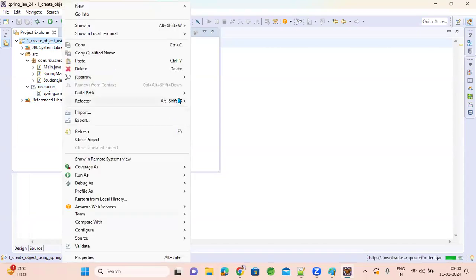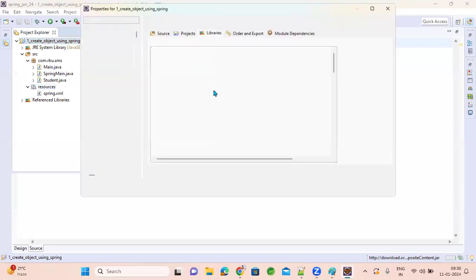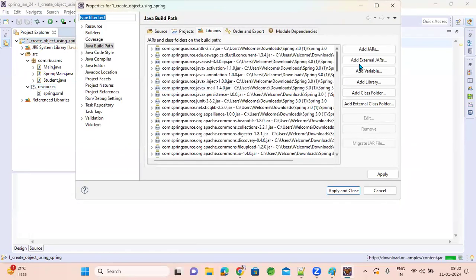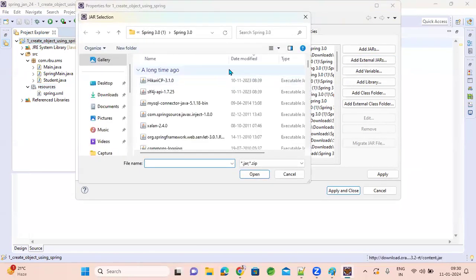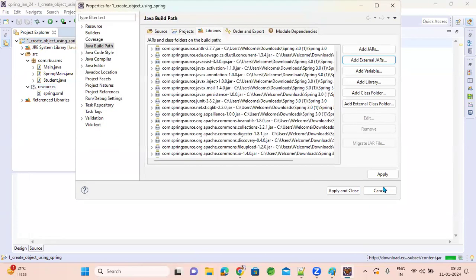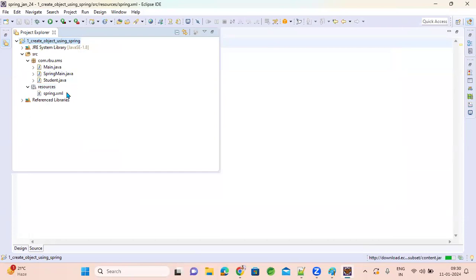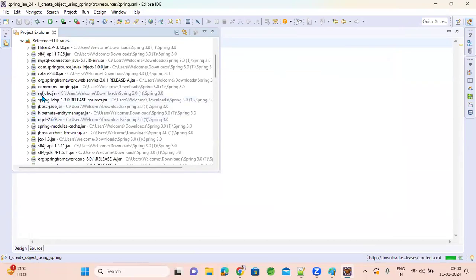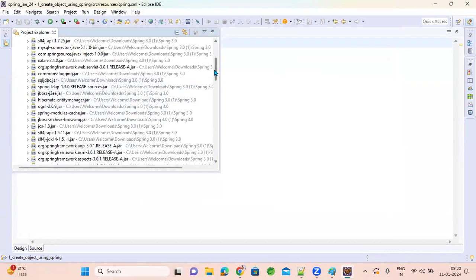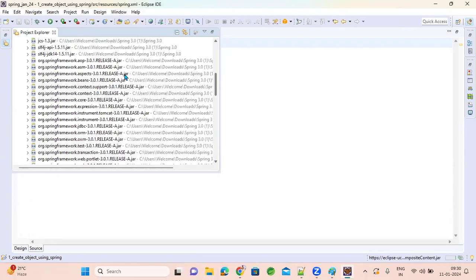Just go to build path, configure build path. In libraries, you need to add Spring libraries. I have all these Spring 3 version libraries, so I am adding them so that the Spring framework is added to my application. Simple. I went to libraries and I added it. Fine.